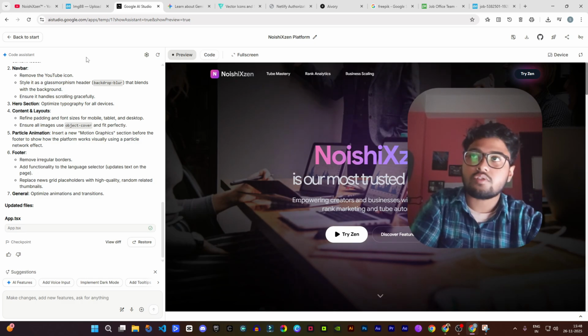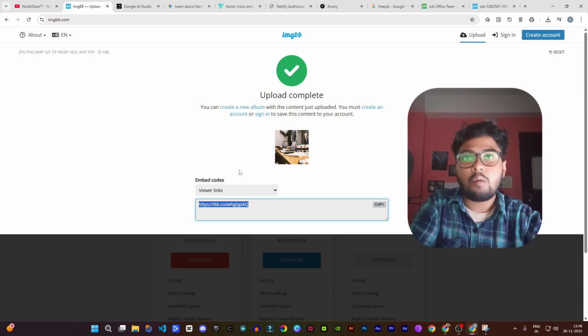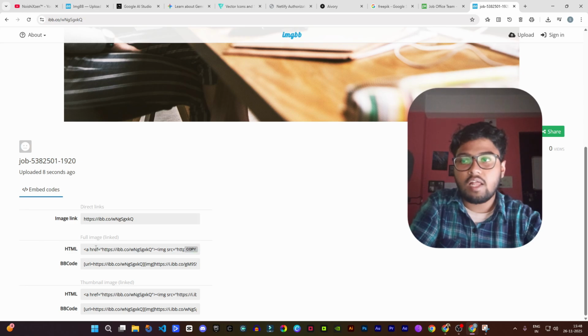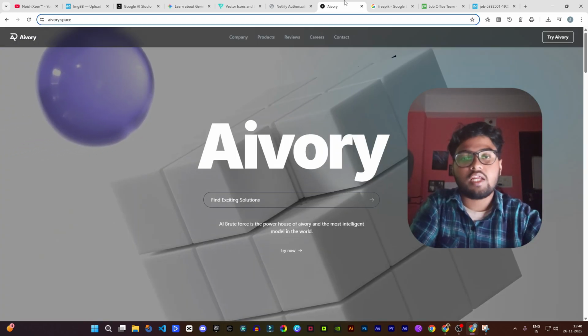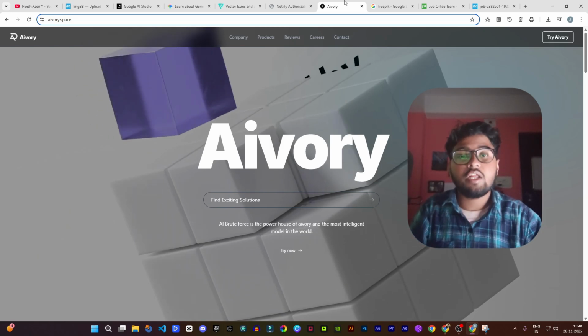For the image hosting part, simply upload your images to imgbb.com, get the link, and copy it. Open the HTML code and embed the full image link, replacing the image you would like to, and then you get this type of creation